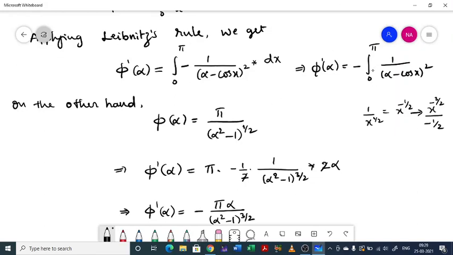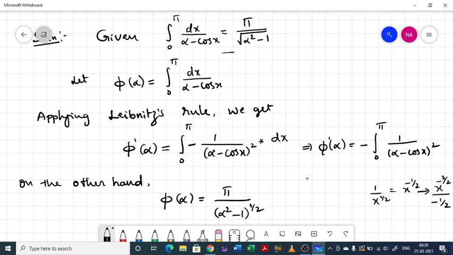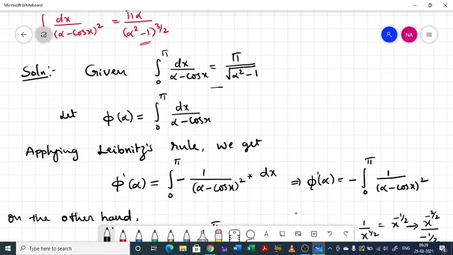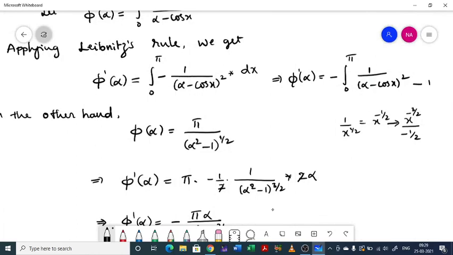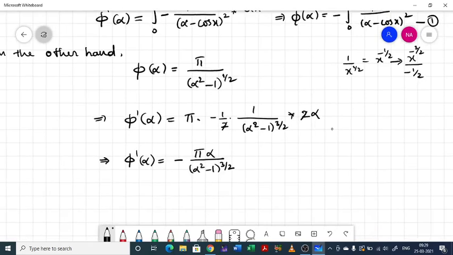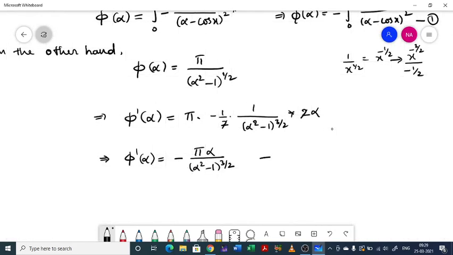So on one side I have phi dash of alpha to be this, and on the other side I have this one. So I can equate both equations. From that we will be getting, if you want you can call this as equation 1 and this as equation 2. So from 1 and 2 we have